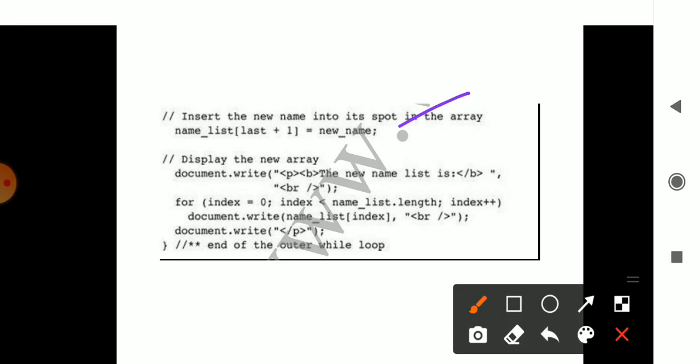Then document dot write new name list, with a for loop for index i equal to 0, whichever index you are considering, and index should be less than name list dot length, and index plus plus. Each time it increments, it will consider the position plus 1 and print the element at that particular index.